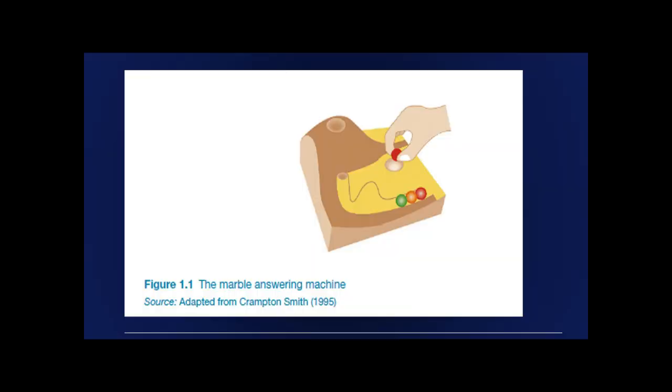The marble answering machine is a classic example of an alternative interaction design that challenges traditional digital interfaces. Designed by Durrell Bishop, this concept aimed to make voicemail interactions more tangible and intuitive. How it works: instead of a digital display showing missed messages, the device drops a physical marble into a tray